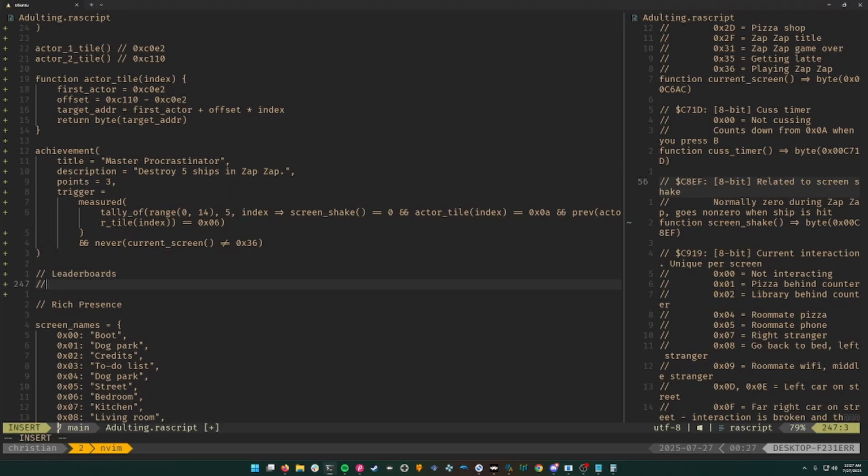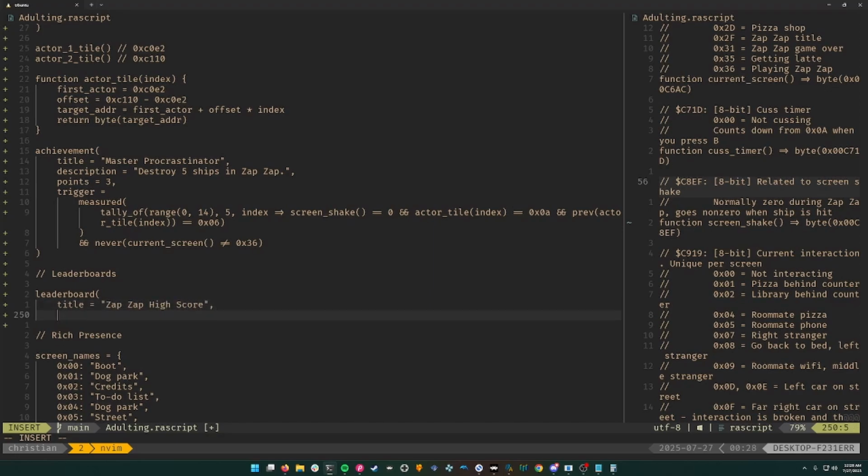And for the leaderboards for this game, I think there's pretty much just one that I want, and it's going to be Zap Zap. So that it comes at an apt time because we just finished the Zap Zap achievement. I think it's going to be pretty similar. And to make a leaderboard in RAScript, it's just leaderboard, and there's a lot of different things that you want to type in here. So you want your title, your description,